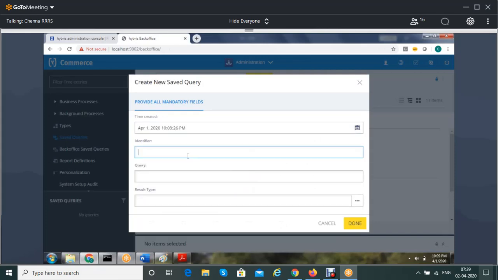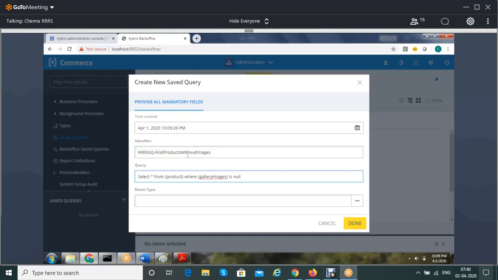And for the identifier, you can give triple RS saved query. The saved query is what? Products. Find products without images.